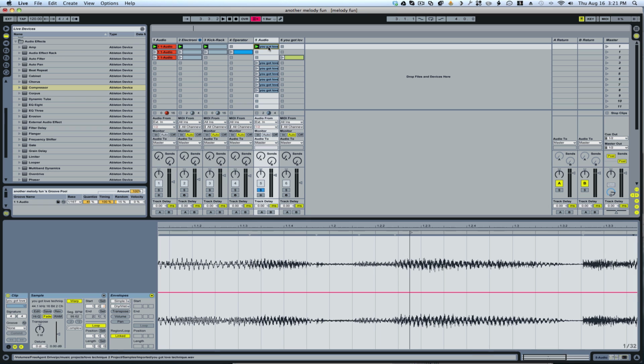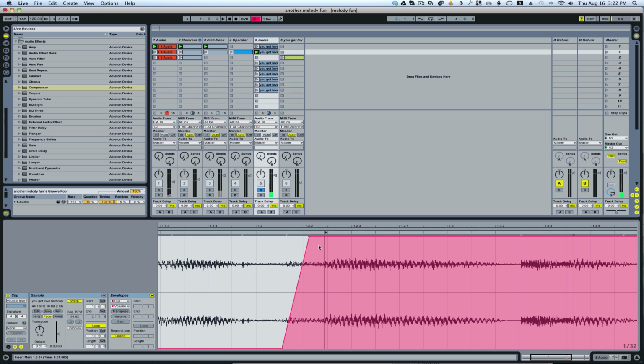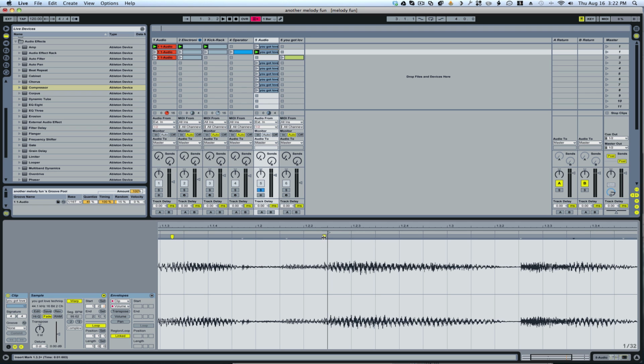So let's go ahead and duplicate this. What I want to do is first find out where the word starts. Love technique, love technique. Okay, so it starts right here. I might want to back it up just a little bit to get the L in there. Love technique. Okay, so I want a warp marker here, and then towards the end right here